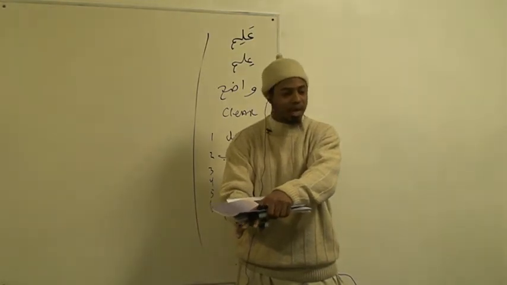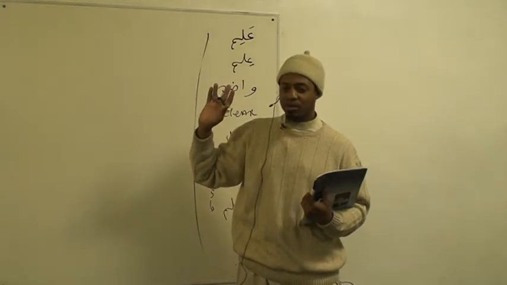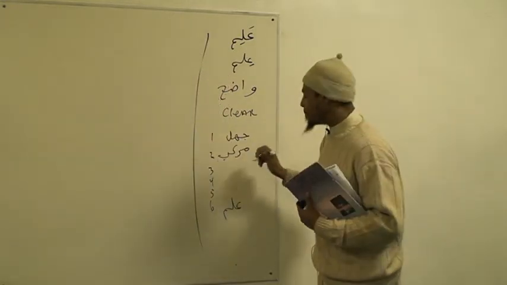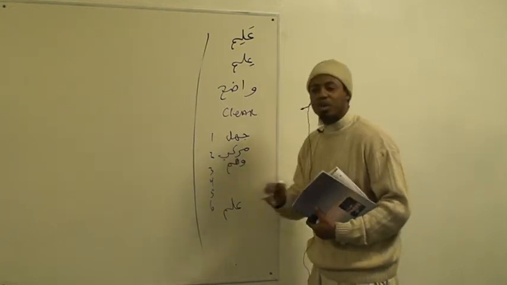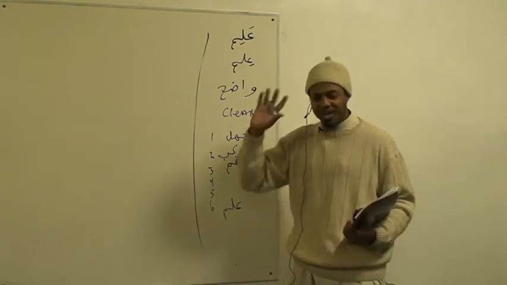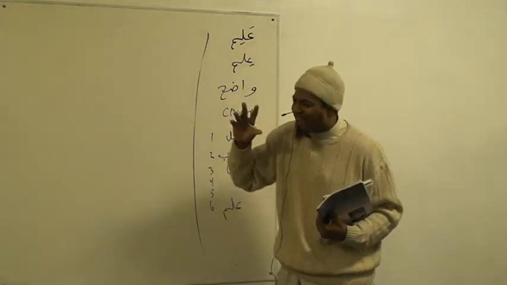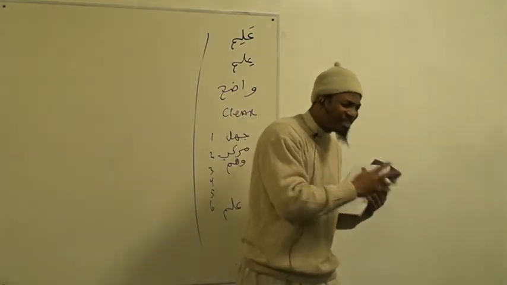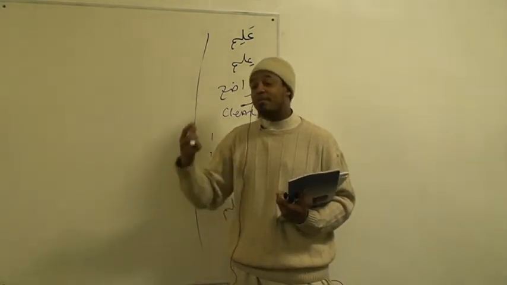Jahl murakkab. It happens all the time in class when people raise their hand and say, I know, and they get it wrong. Very simple. What's the next step? Tawahhum, wahm, which is to be in confusion. To be a little confused. It is to recognize something the way it is, but to have more information that says, well, you know, it's not actually that way. The best way to understand it that I remember is to go back